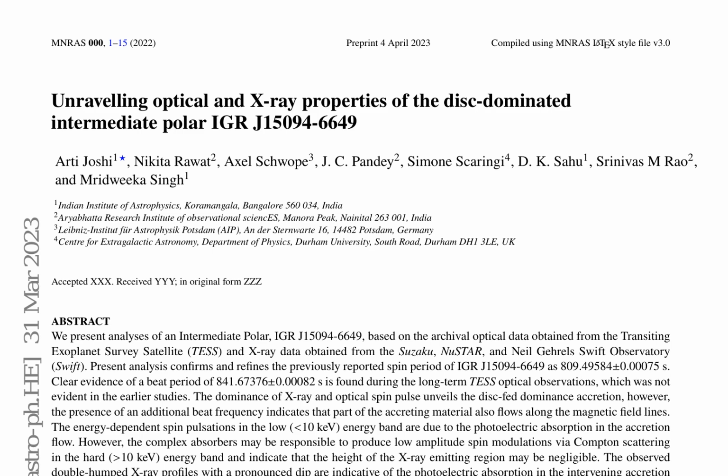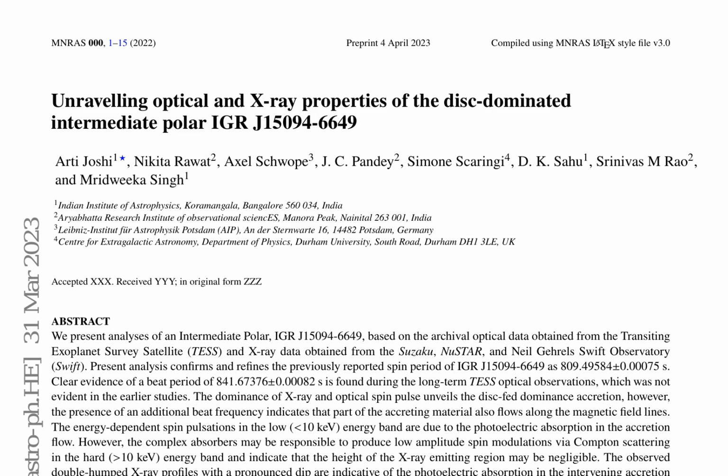The dominance of X-ray and optical spin pulses indicates disk-fed dominance accretion. However, the presence of an additional beat frequency suggests that part of the accreting material also flows along the magnetic field lines. The energy-dependent spin pulsations in the low, less than 10 keV, energy band are attributed to photoelectric absorption